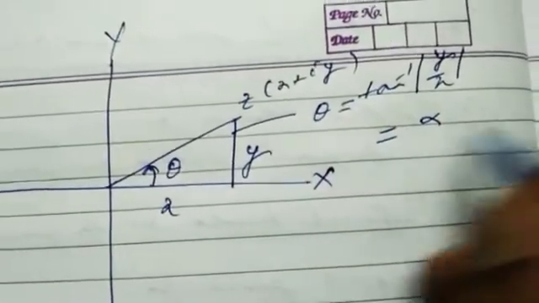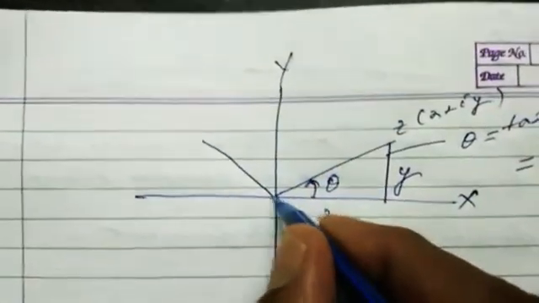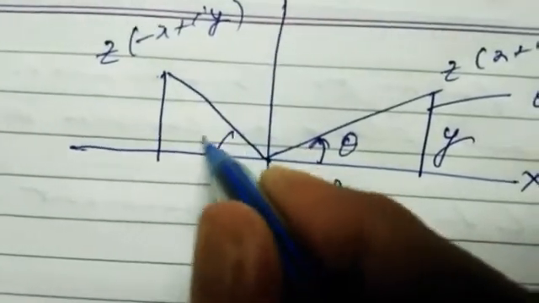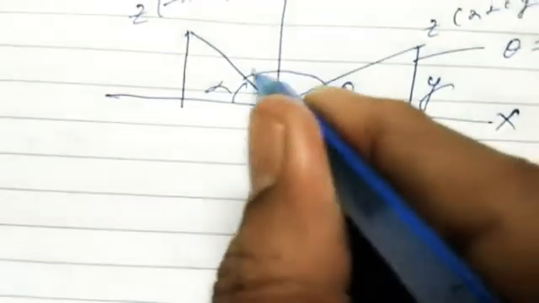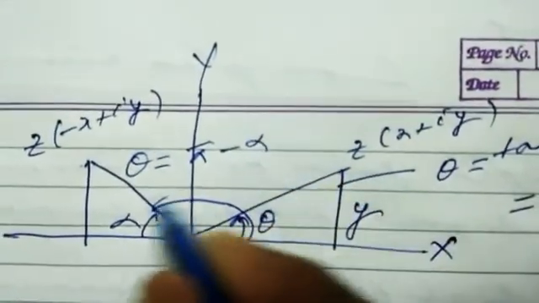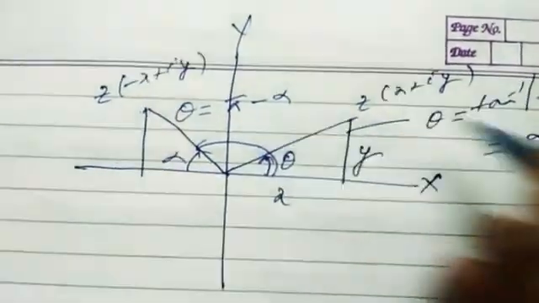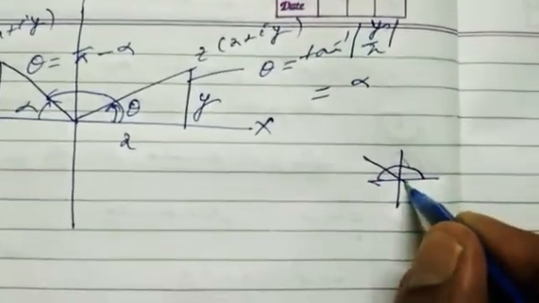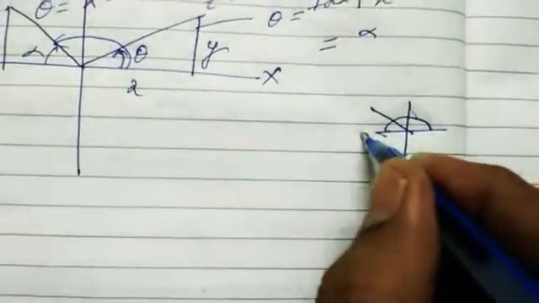in the first quadrant both x and y will be positive. So now I am proceeding with the complex number in the second quadrant, that is z is equal to minus x plus iy. From the initial line it will be alpha, but from the initial line to here theta will be pi minus alpha, because the linear angle is pi, and from this deduction it will be pi minus alpha.